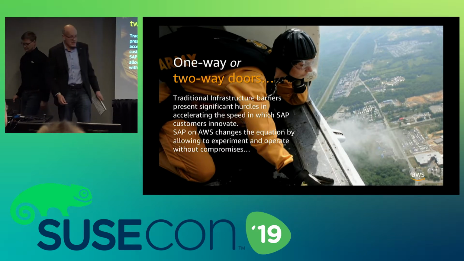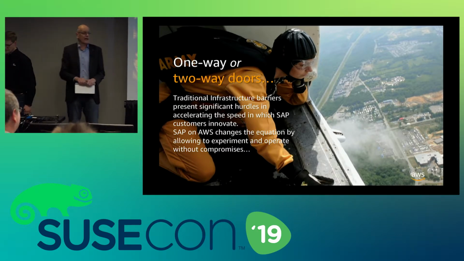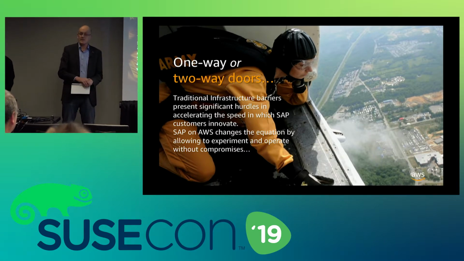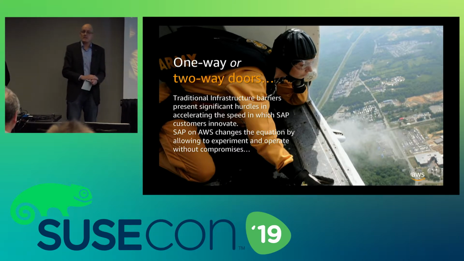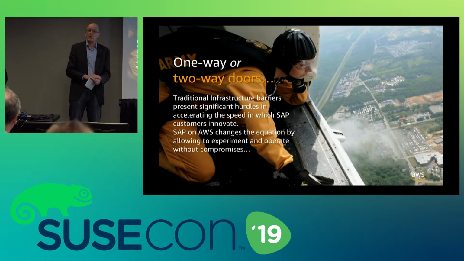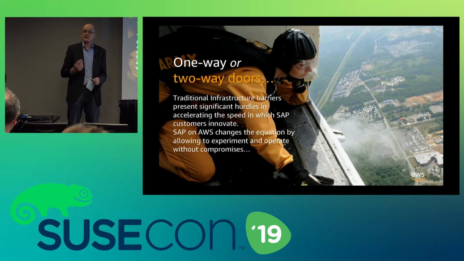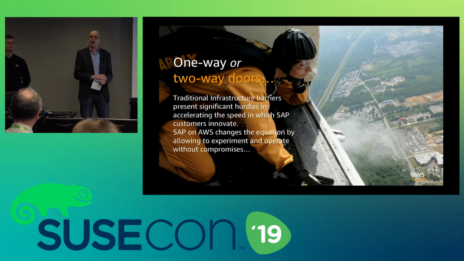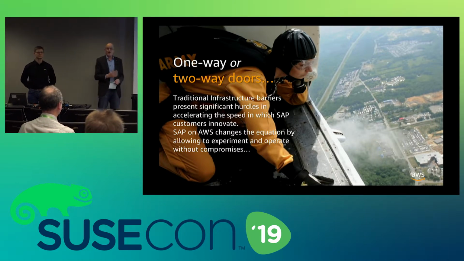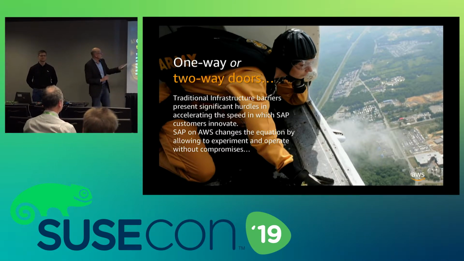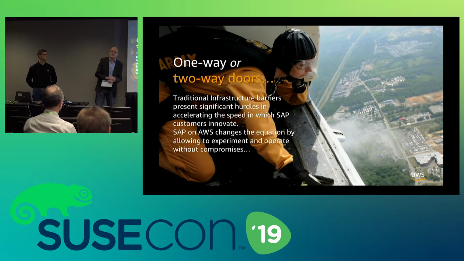This is a kind of an inspirational picture. We at Amazon are supposed to make two-way decisions, like a two-way revolving door. This means you make a decision, you figure out the decision doesn't work out, and then you walk back out to the second door. The other option are one-way decisions. This lady here obviously has to make a one-way decision. As soon as she left the plane, she's gone. There's no way to get back.